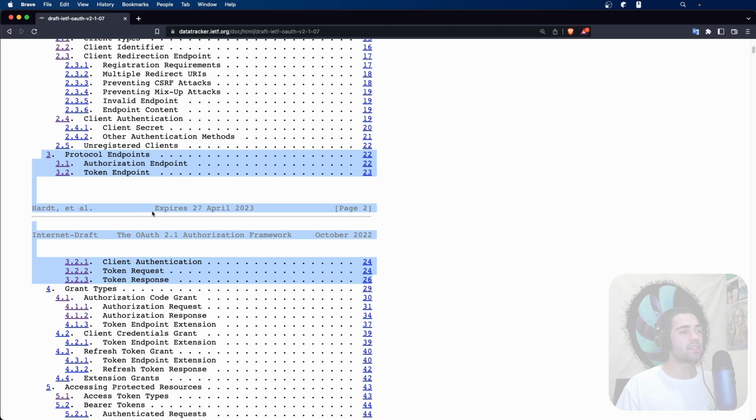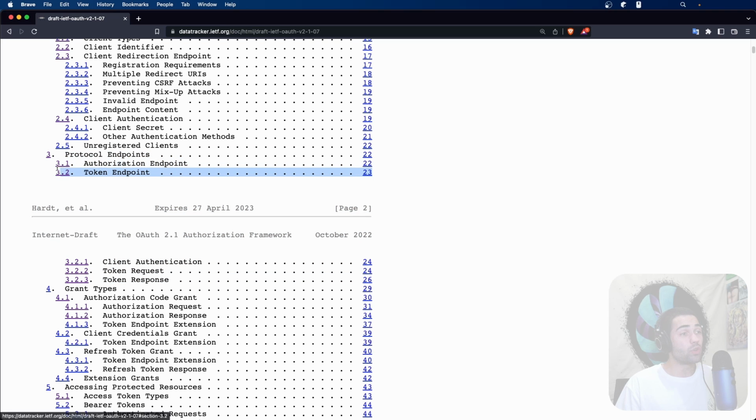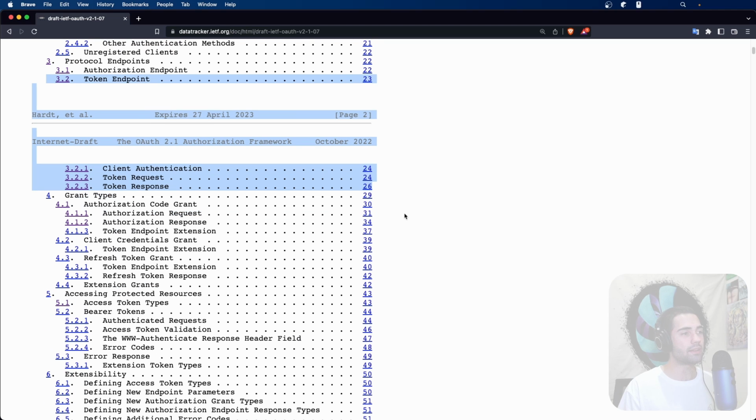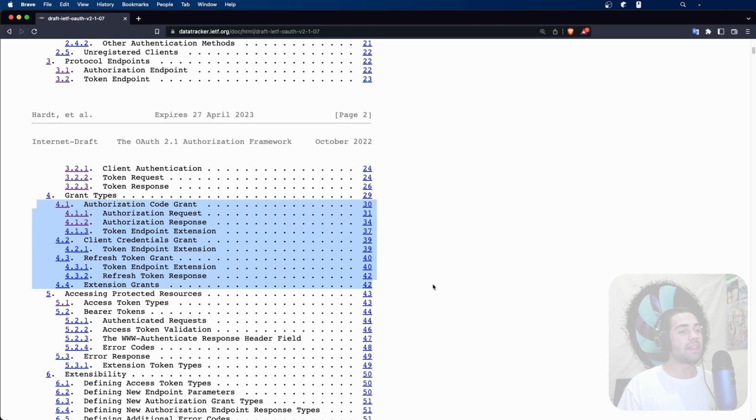Section 3 describes the information about which endpoints we want to implement, which we already basically have the groundwork for: the authorization and the token endpoint. Not much information about the authorization endpoint, but it has some information about the token endpoint, which we're going to come back to later. Think of section 3.2 as the base class, and then we have the actual description of